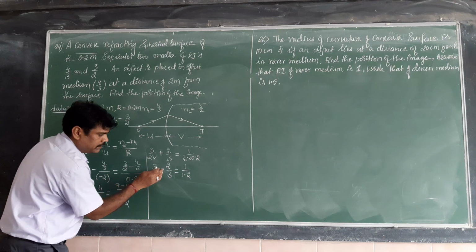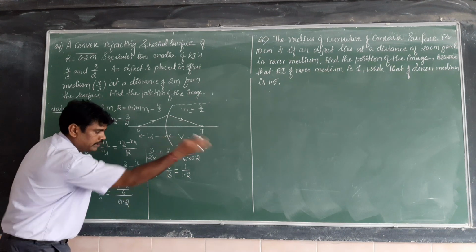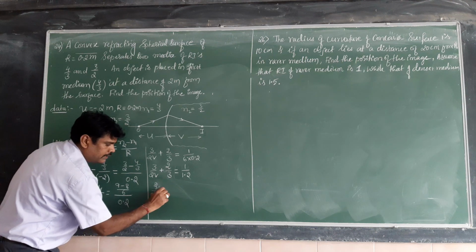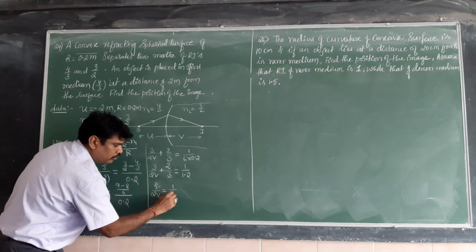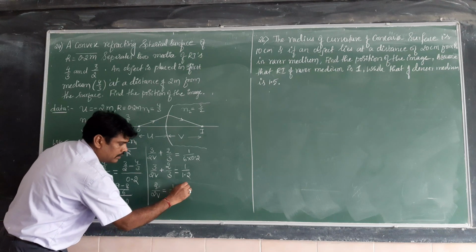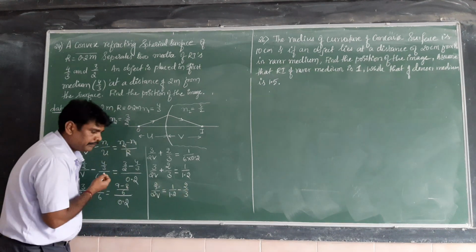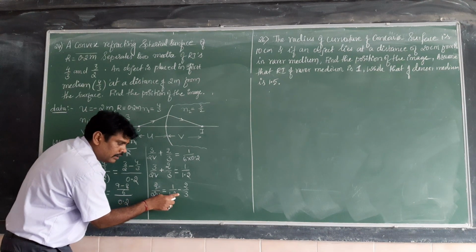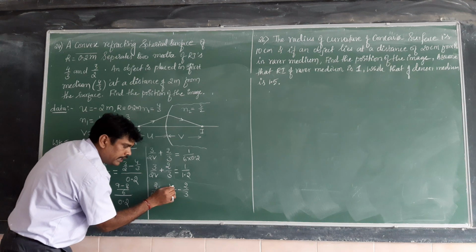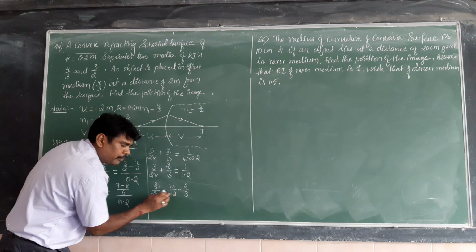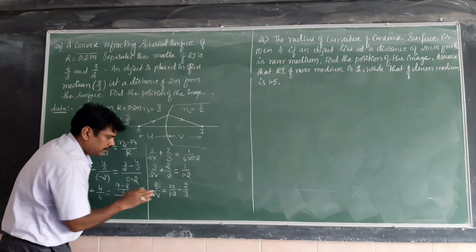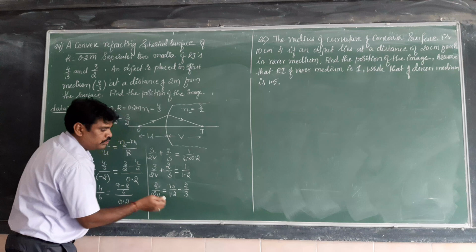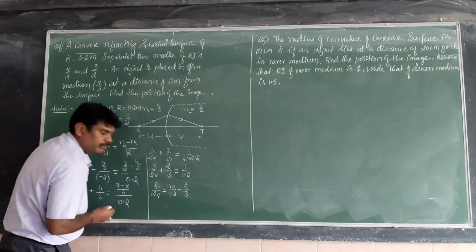So now you transfer the second term 2 by 3 to the right hand side. 3 divided by 2V is equal to 1 divided by 1.2 minus 2 divided by 3. I want to write this by multiplying by 10 divided by 10. 1 into 10 is 10 only, and 1.2 into 10 is 12. It becomes 10 divided by 12 minus 2 by 3, because it is easy to simplify this way.